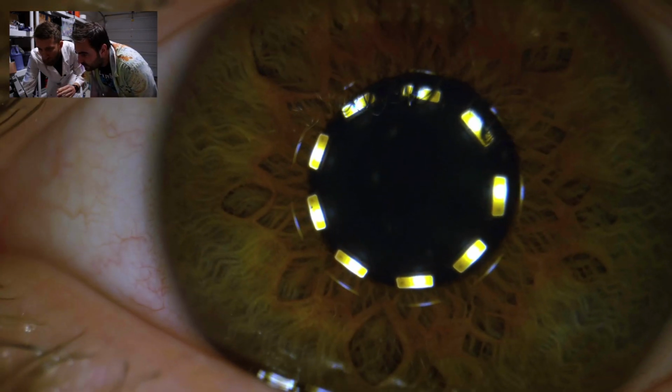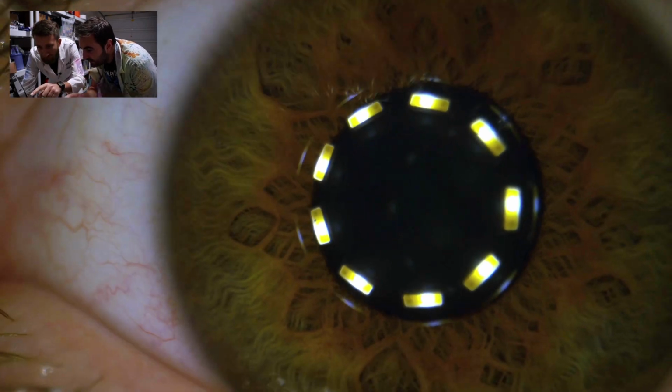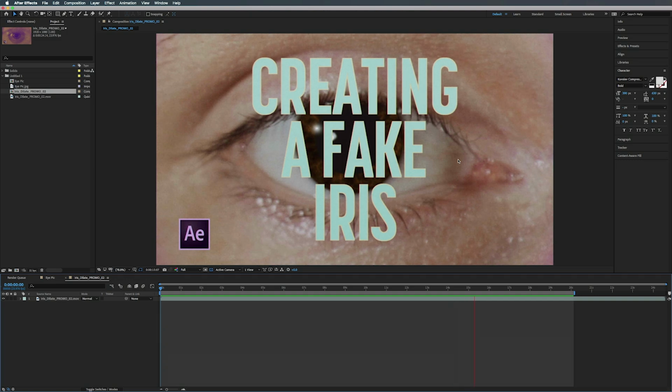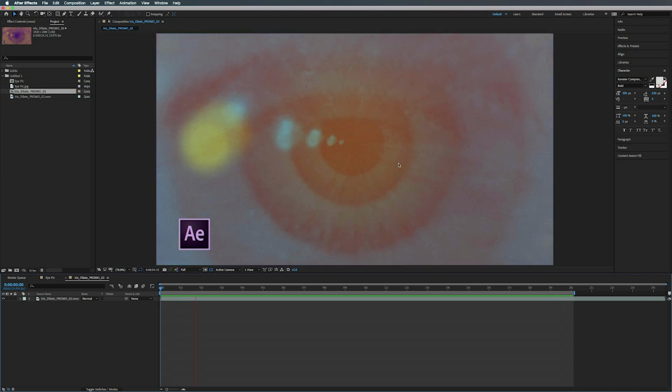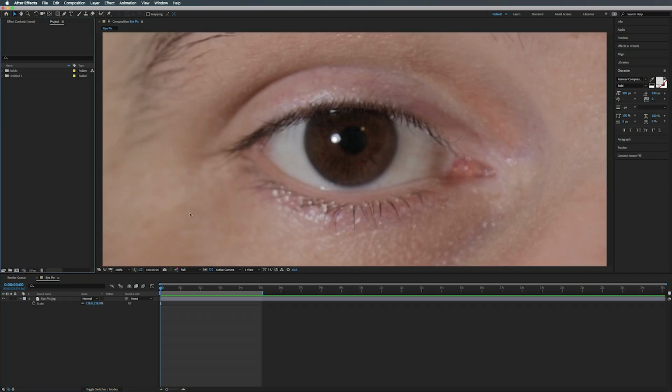So I thought to myself, hey, that looks gross. Then I also thought to myself, hey, that looks cool. I wonder if I can recreate that in After Effects using just plugins that come with the program. And so I did. Before we get started on actually creating our iris, I'm going to show you